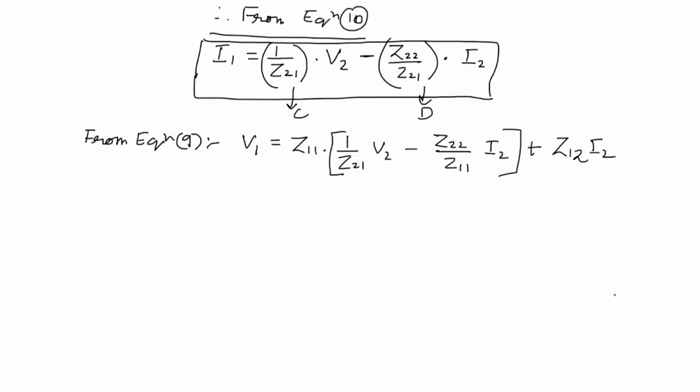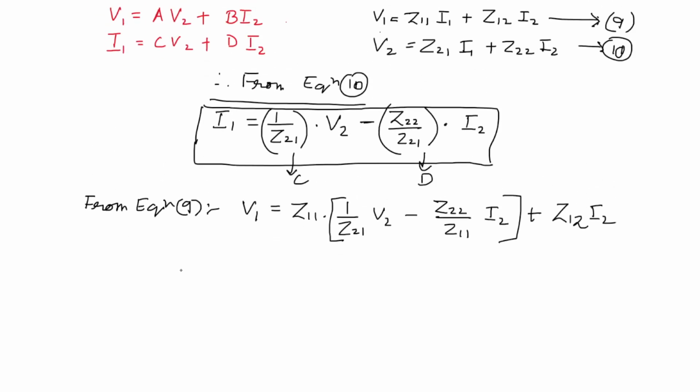So if you simplify, then it will be V1 is equal to, first term will be Z11 by Z21 into V2, A, and second part it will be